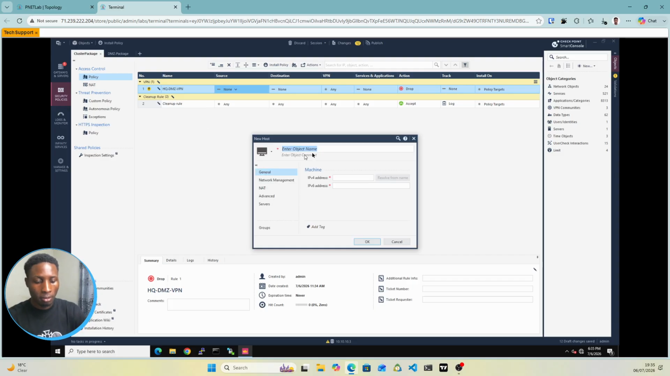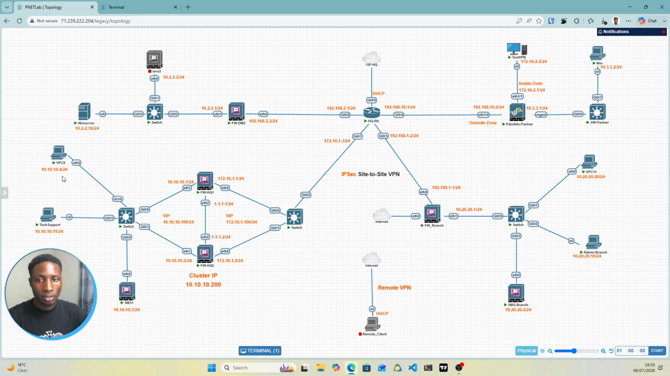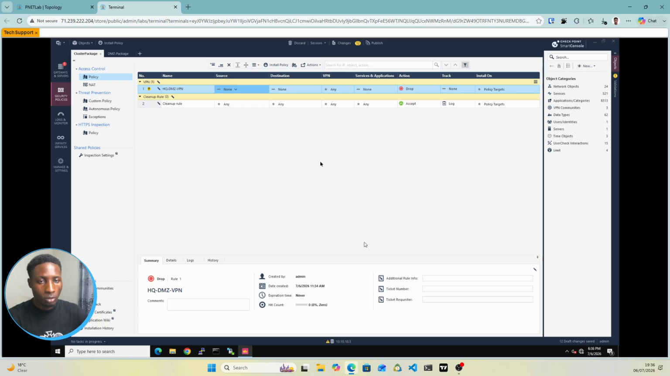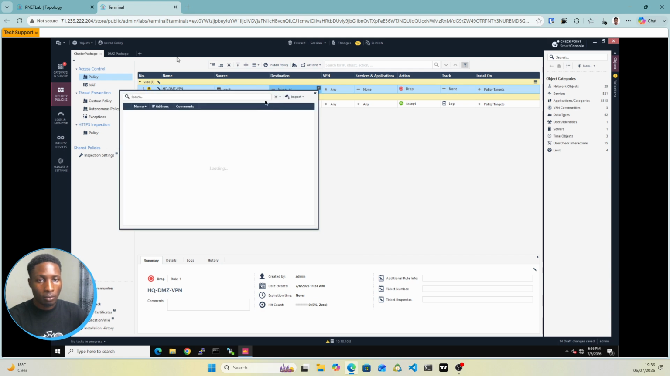So once it comes up, I'll give it the name like VPC9 and we'll put in the IP address. On our topology, it should be 10.10.10.4. And you don't need to put any subnet mask. So I'll hit OK. So if the source is from here, and if the destination is also going to